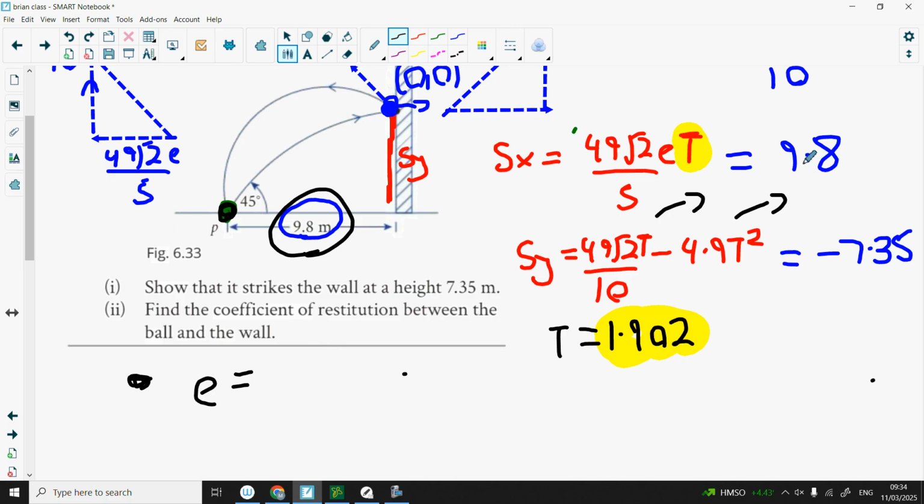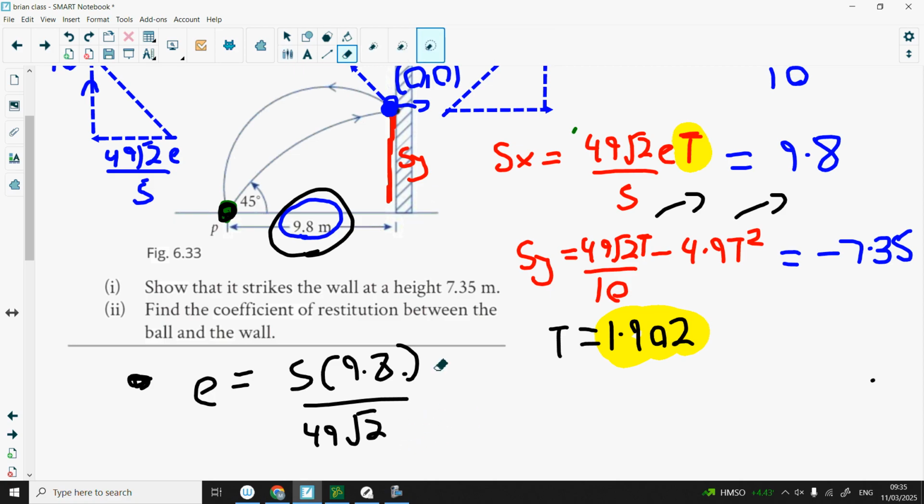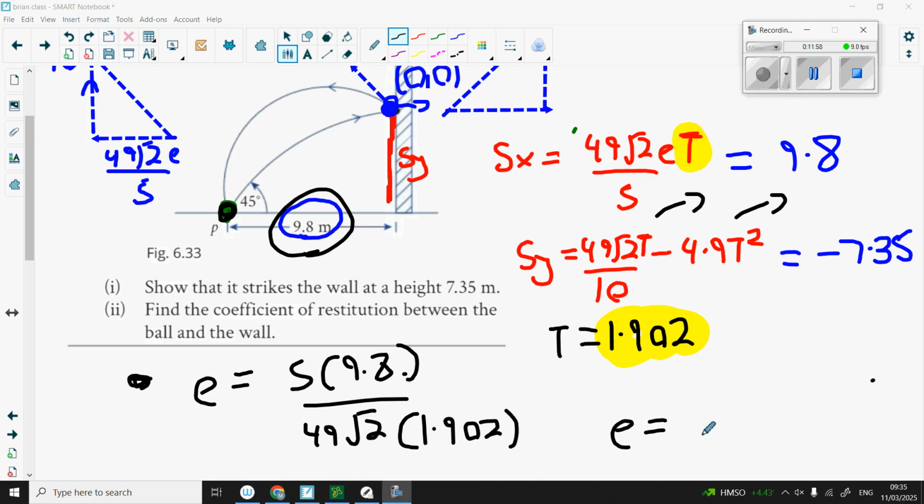E is 5 times 9.8 over 49 root 2 t. But we all know t is what? 1.902. We need an answer below 1 that's not negative. The answer has to be between 0 and 1, otherwise we're wrong. So go on, throw it all in and see what you get. 0 point